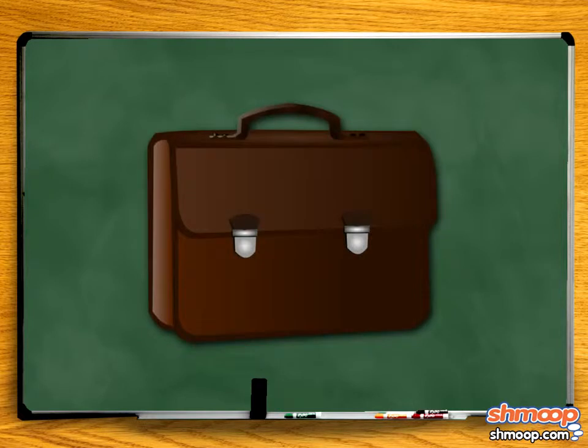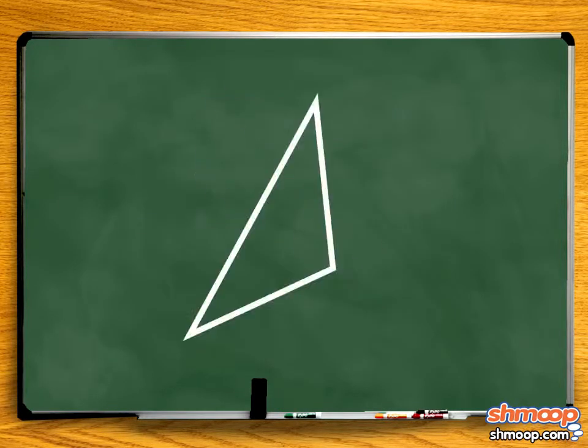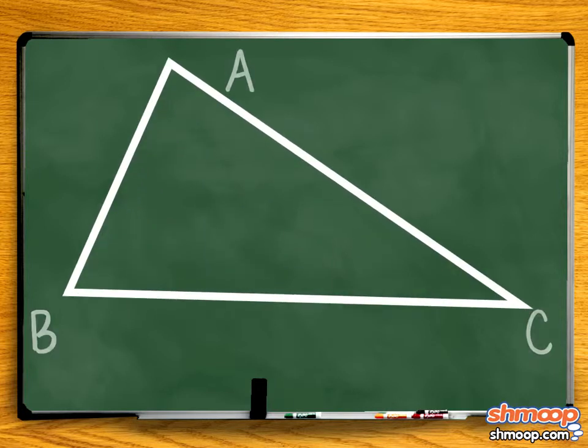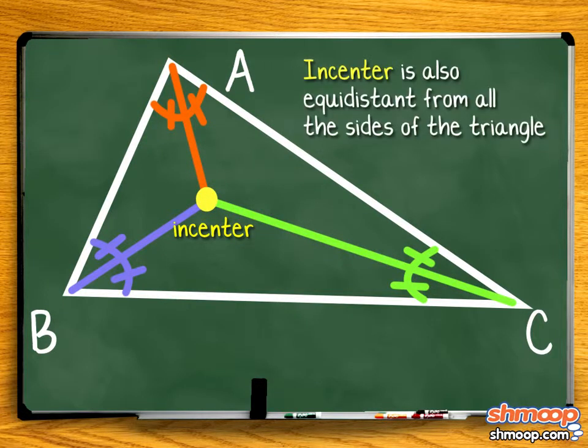Our first order of business is to find out what these triangle centers are and draw them. Let's start by choosing a random triangle. That guy looks good. If we draw an angle bisector for each of the three angles, we'll see that they all intersect at a point called the incenter. The incenter is also equidistant from all the sides of the triangle, since it's the center of the triangle's inscribed